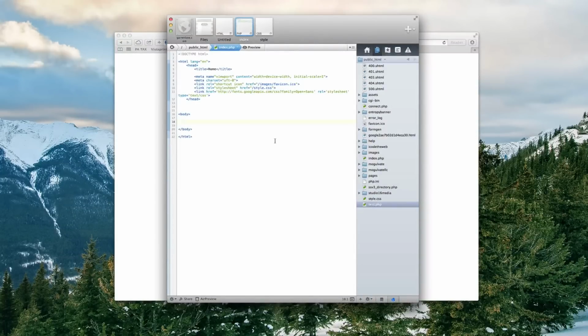So what we're going to do first is create three divs. The first one is going to be container, then content, and then sticky, which is basically just going to be the sidebar. So let's do that. We'll do a div with a class of container. And then inside there, we're going to have our other two divs, a div that has a class of content,